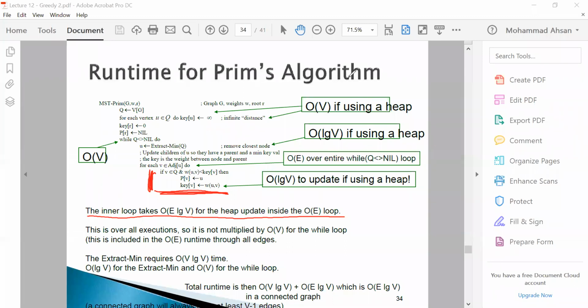So how do we know that we do it for every edge? I'll just come to that. So for every edge you'll do e log v, and for every vertex, obviously whenever we take out the vertex, we will be readjusting the heap. Okay, so if you look here,